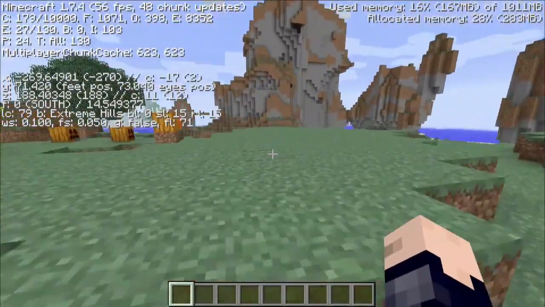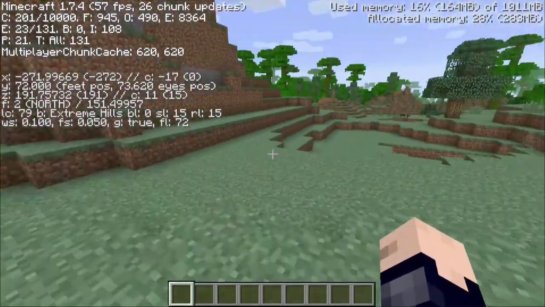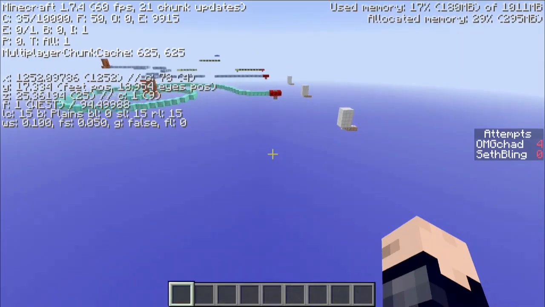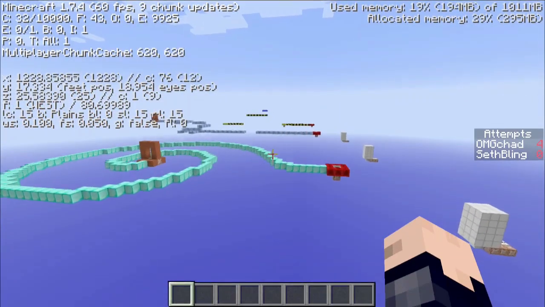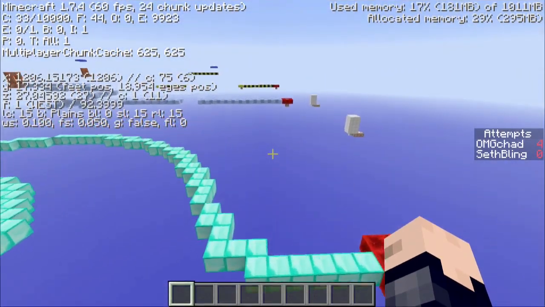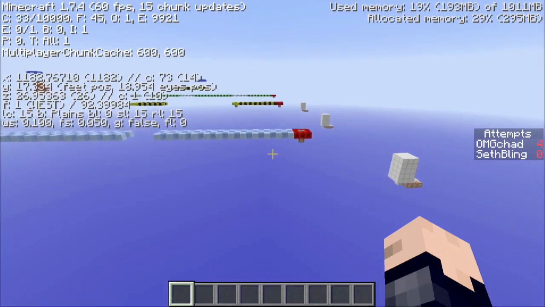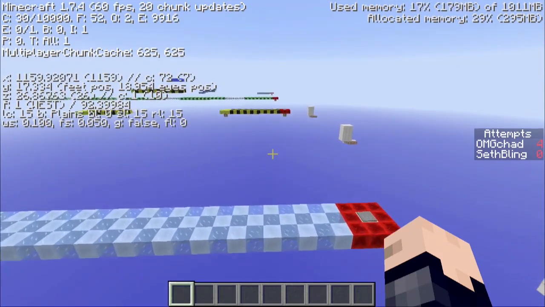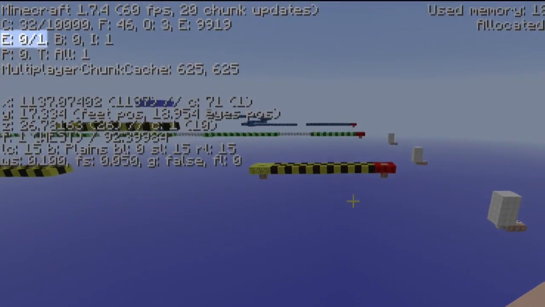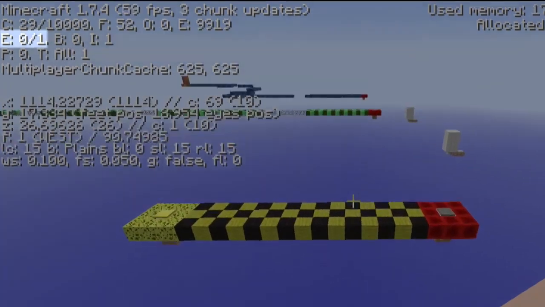So, you know what? I'm going to switch over to a different world that'll make it a little bit simpler to see. So here I am in Seth Bling's 15-second world. And this is a much simpler world with a lot less data, so you can understand it a little bit better. If you look at that second line again, E, the first number is how many entities